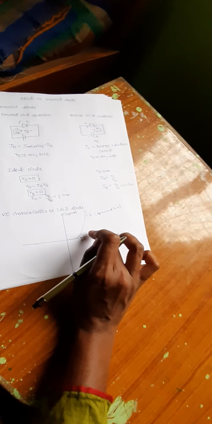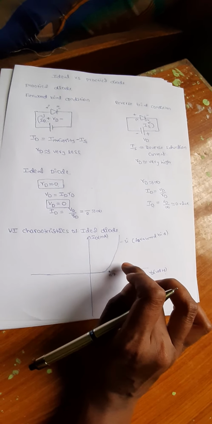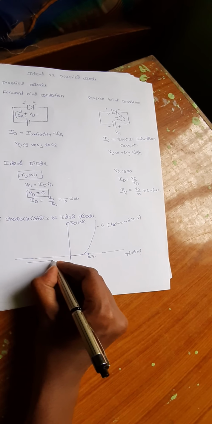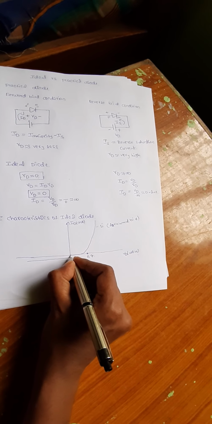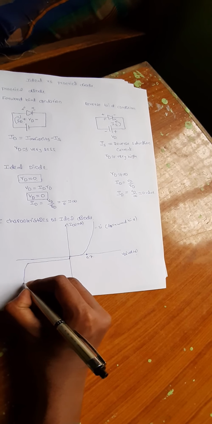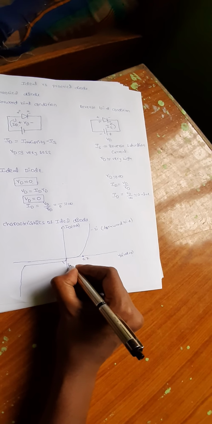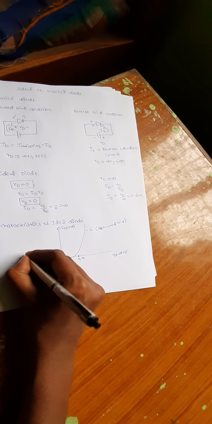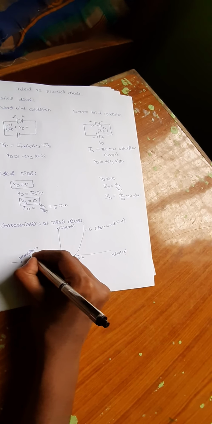Forward bias condition, silicon, for the practical diode. If you consider the practical diode first, then it is easier to get the ideal values of a diode. Under the reverse bias condition, we know that IS is a very small value, in the range of microamps. So here it is IS in microamps. This is also for silicon only. So there is a breakdown voltage, for silicon under the reverse bias condition. This is for the practical diode.